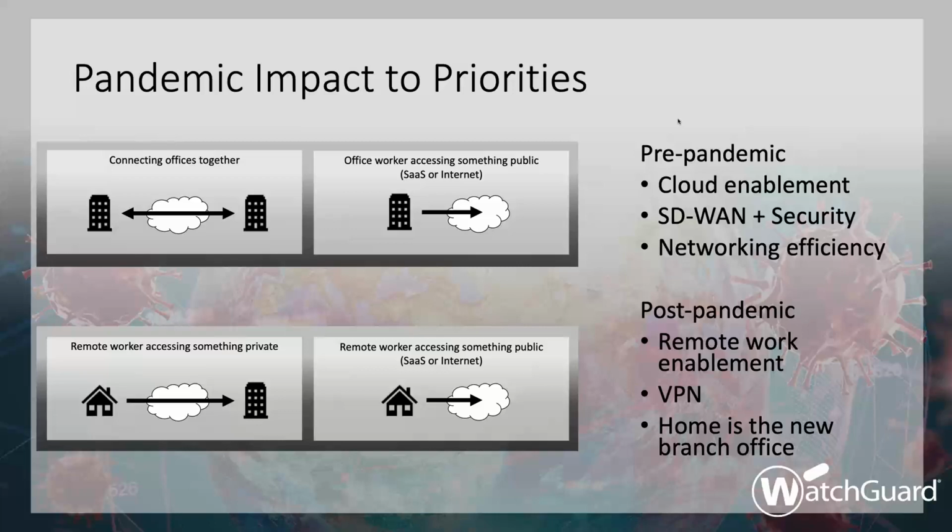So we really see this flip of priorities. And the beauty of SASE is it really thought about both, right? It thought about a user, and in a lot of ways it's independent of where the user is, whether on the network or at home. But it did talk a lot initially about this SD-WAN use case, and it allows us to switch these priorities but have that same underlying framework to address both, which is great, because I can change my priorities without having to change my technology roadmap.